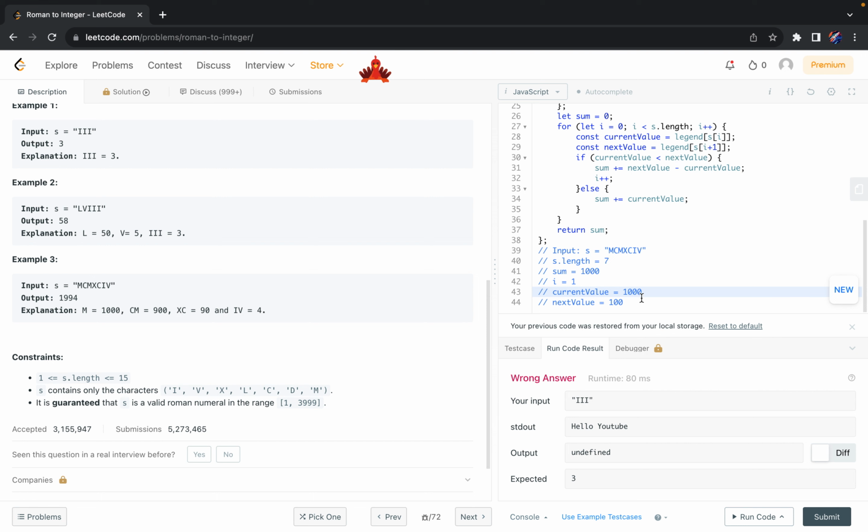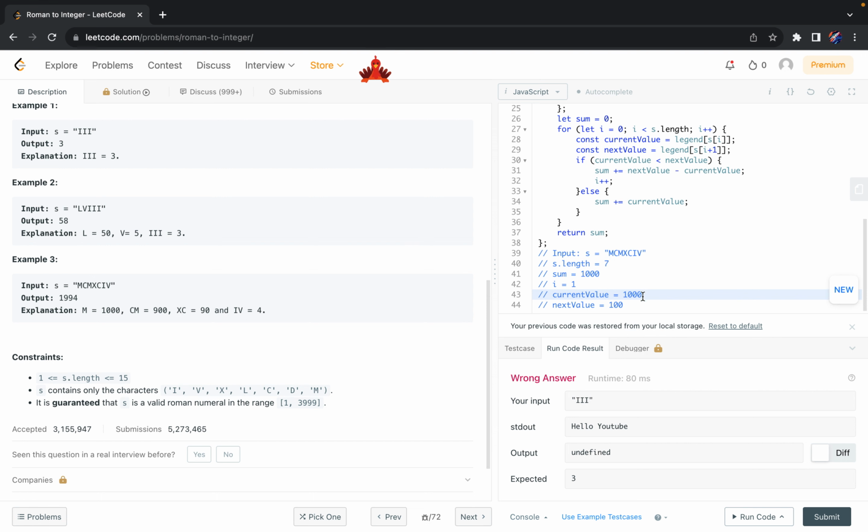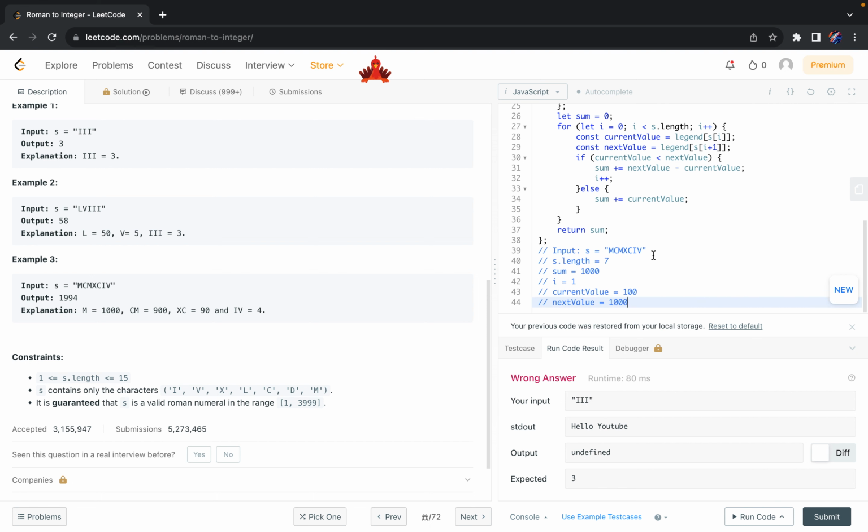which is, oh, I'm sorry. I am so sorry. We have our current value is 100 and our next value is 1000. I am mistaken. Current value is legend of s of I, which is 1, so legend of s of 1, right, which is a c, legend of c is 100, and legend of m over here, which is the next value, is 1000. Okay, so now we're saying if current value, which is 100, is less than our next value,